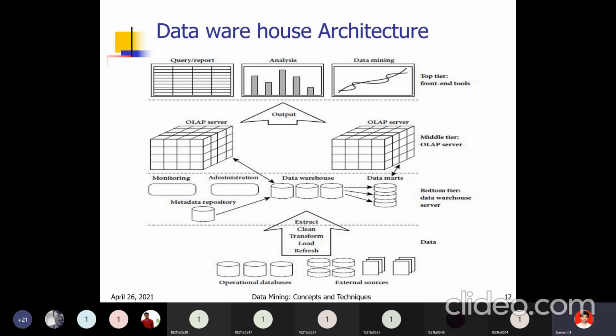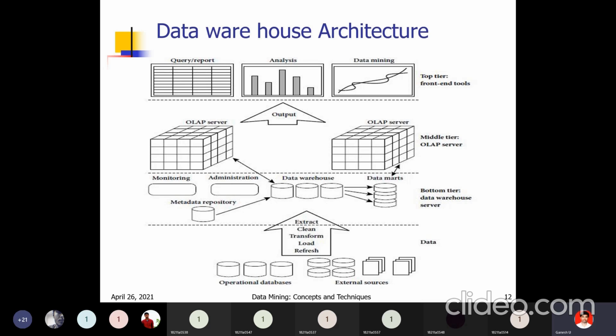We can say a data mart contains data specific to a particular group. A marketing data mart may contain data related to items, customers, and sales. A data mart is confined to subjects, okay, different subjects. That may be item-related data, customer-related data, sales-related data. So for the supermarket example, these are the different subjects.